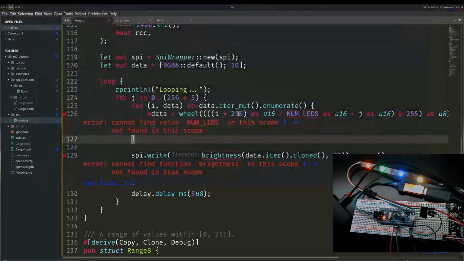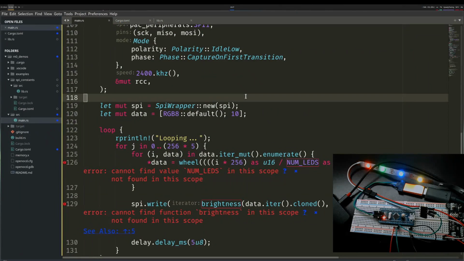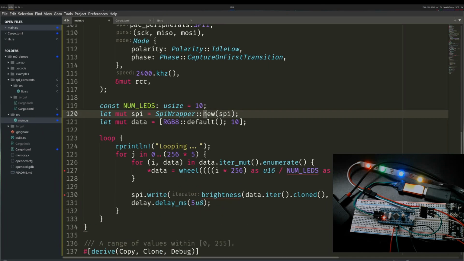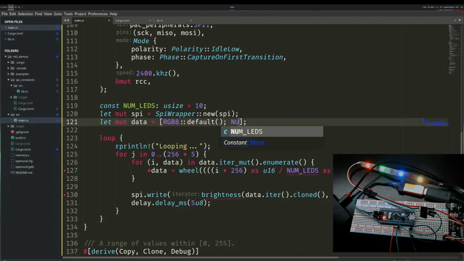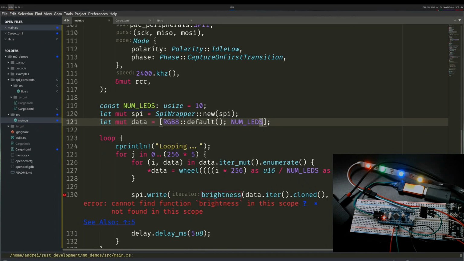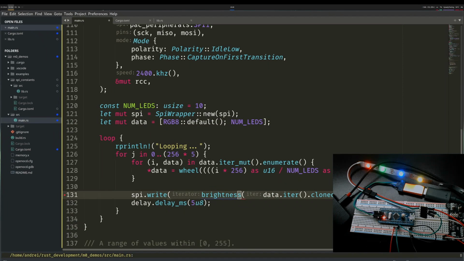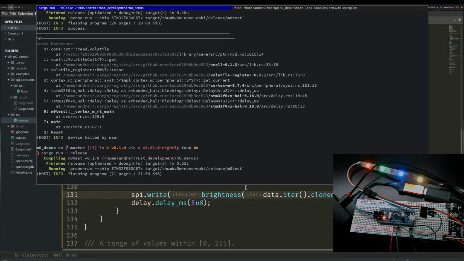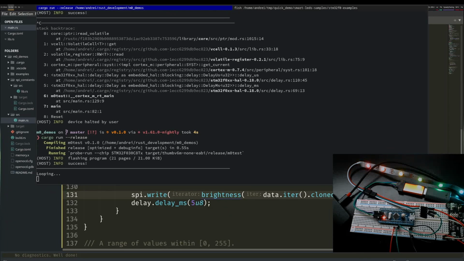So let's save this. I don't have num LEDs. This used to be a constant, so I will add it. I used 10, so might as well use it the same here. And it doesn't know what brightness is, but I can import it. Excellent. So now let's do cargo run release, and hopefully it will do some pretty colors. So you can see that they change